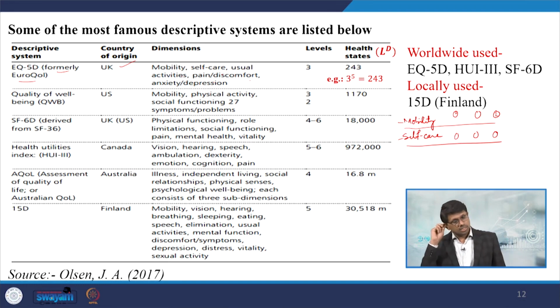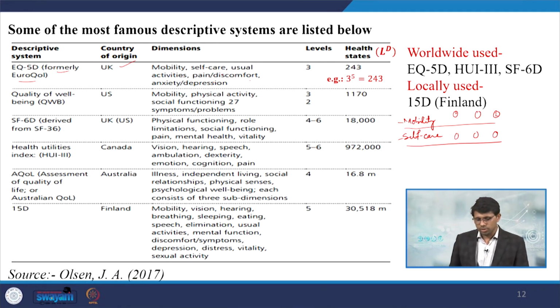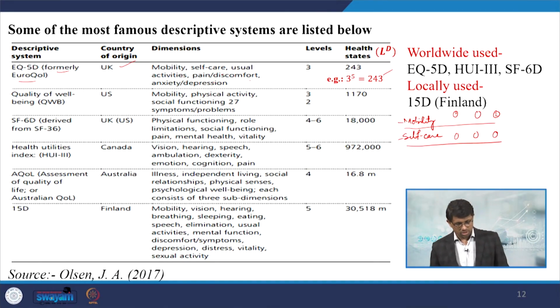So, each case 3 times. That means for each indicator there are 3 choices. So the possibilities in a worksheet would be 243, because it is 3 to the power 5. If you multiply 3 into 3 into 3 into 3, 5 times, you will find all possibilities of 243. Similarly, for other cases, especially the Finland case, that is considered a bigger one, having huge